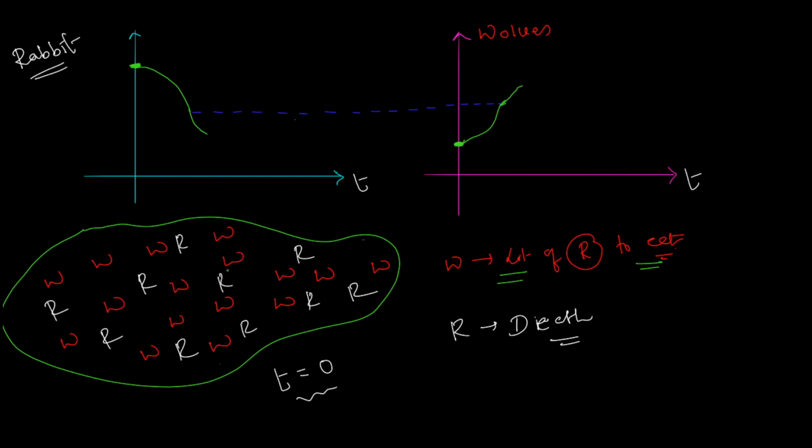Is it going to happen that wolves will go on flourishing and their population will only go on increasing, and then the rabbits population decreases? Because the whole point of evolution, the whole mission of any species in evolution, is to increase their population, right? So will that happen for the wolves? I don't think so. In this ecosystem, at least, at one point in time there are so many more wolves than rabbits that they are going to eventually run out of food. They'll not have enough rabbits to eat around, right?